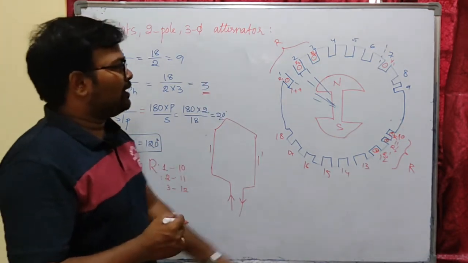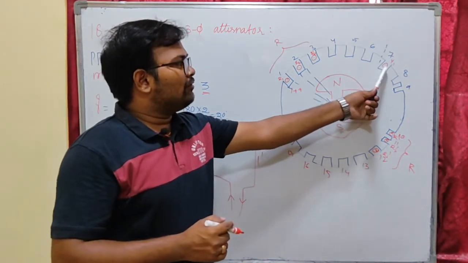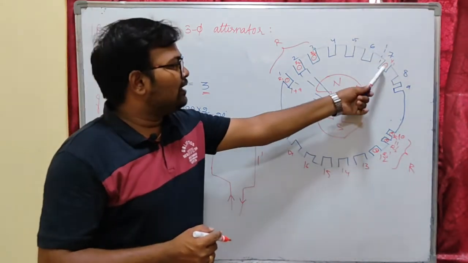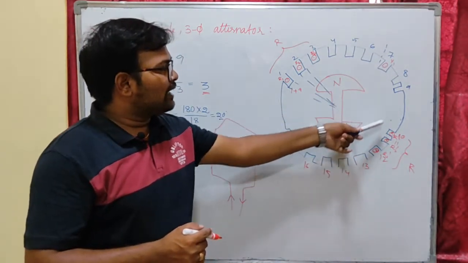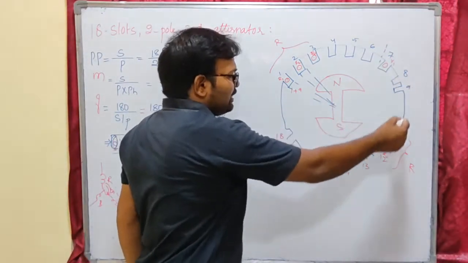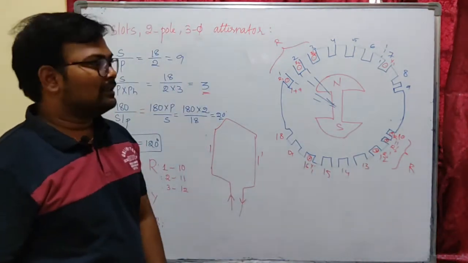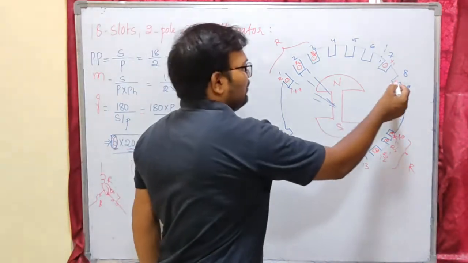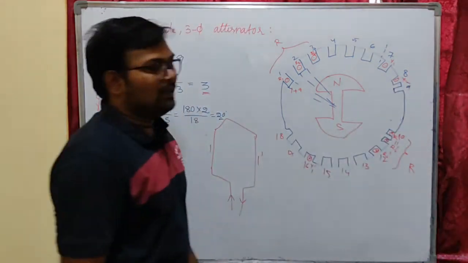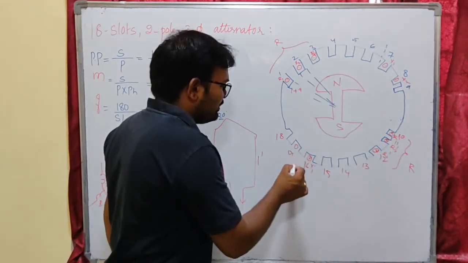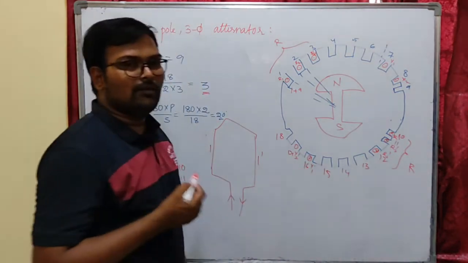Okay. So I have kept the first coil of the Y phase in the 7th slot. I have to keep the second coil side of this Y phase after 9 slots. Because it is 7, if I add 9, that will become 16. This will be my Y1 dash. Let us consider the second coil of Y. This is my Y2 in the 8th slot, so I have to keep the second coil side in the 17th slot, that will become Y2 dash.